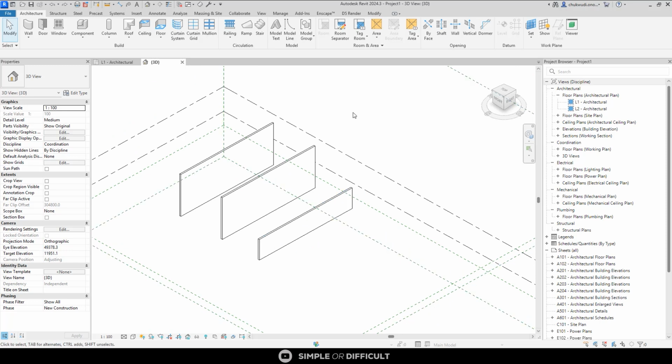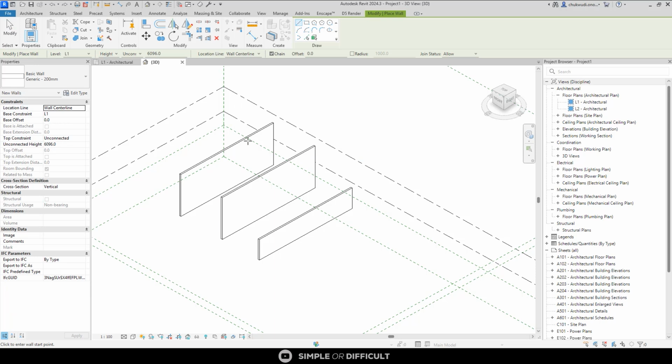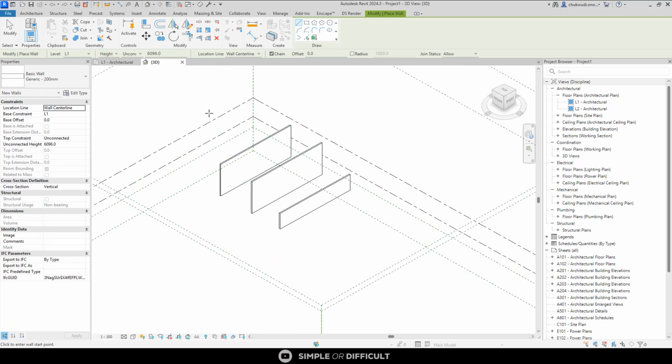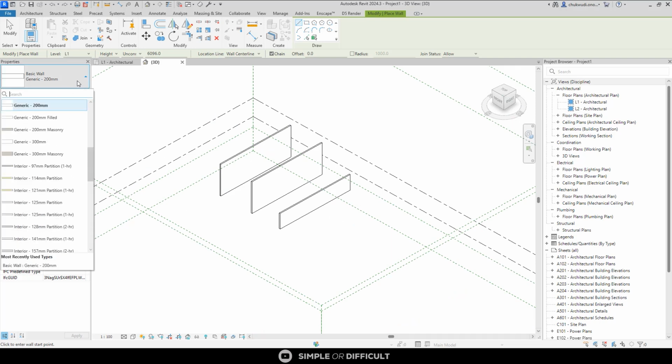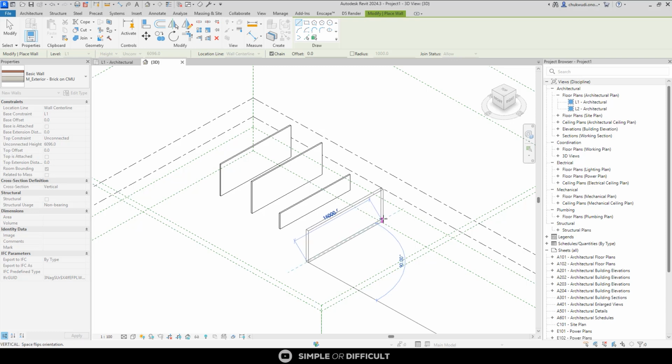Now, I said 4 things. What is the 4th thing that you can do with the properties palette? When I select the wall, you can see the wall that is selected is generic 200 millimeter. When I click on it, you can see this is called the type selector. You can use it to navigate and select the wall that you want. So I can choose to select this exterior brick on CMU, and then when I use it and draw,